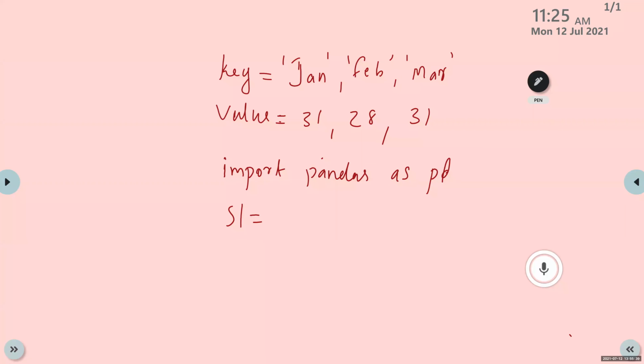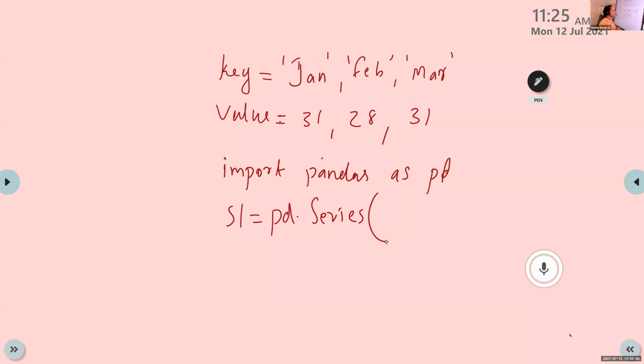Yes, second statement: pd.Series, within round bracket.